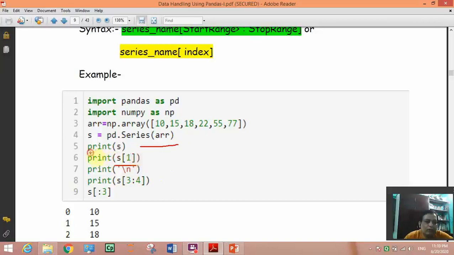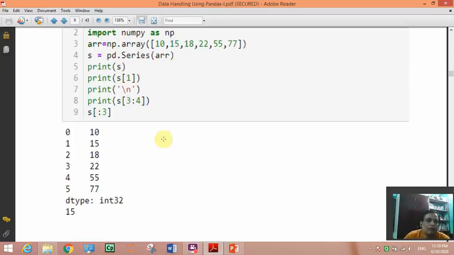Okay, here print s means it will give all the elements. Here the second line is telling to give only the element at the second position. The second position element is 15; index 0 is 10, so it is not coming in output. 15 is at index 1, so it is coming.